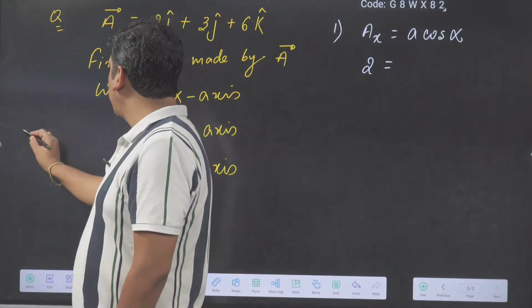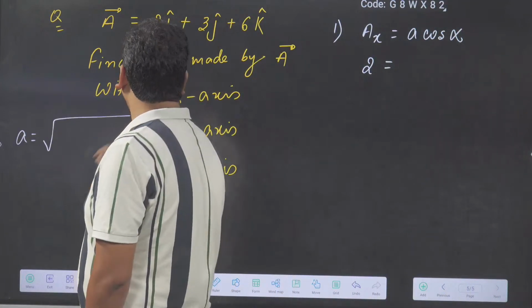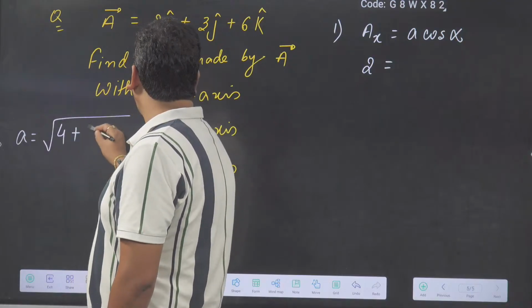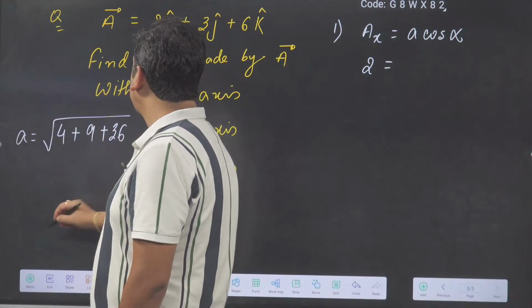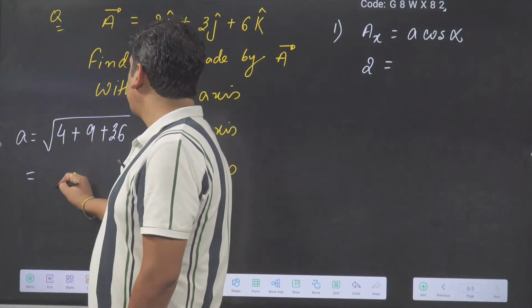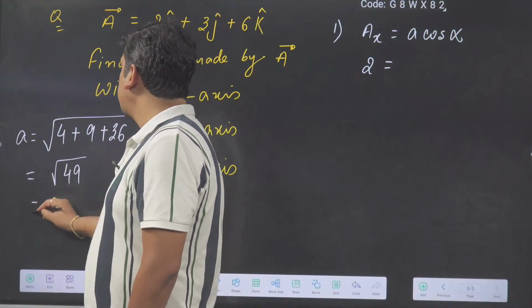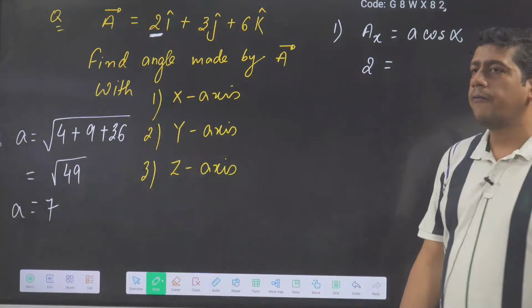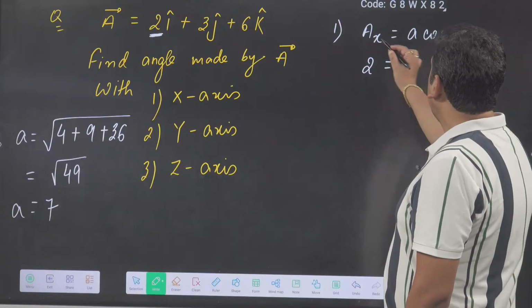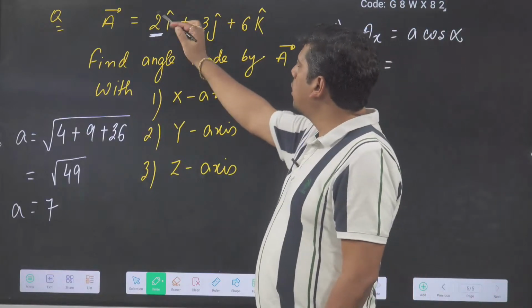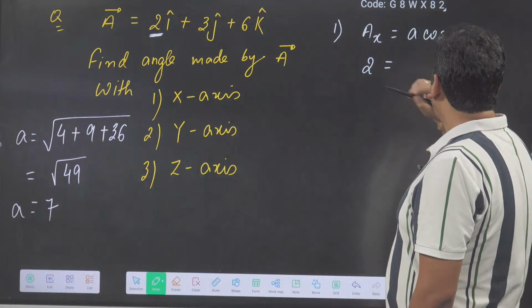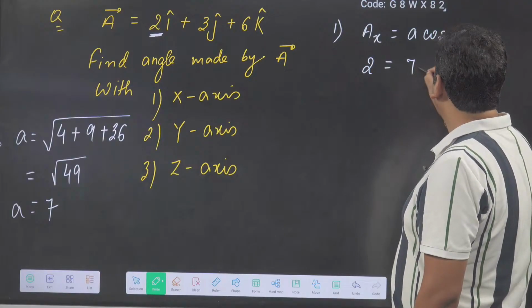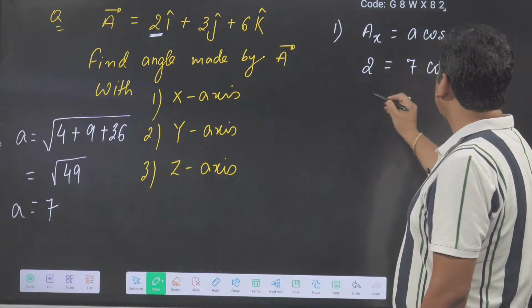For that we have to find it: under root 2 square plus 3 square plus 6 square, which is under root 49, which is 7. So the complete vector magnitude is 7. So we write x component, which is 2, equals magnitude 7 cos alpha. So cos alpha